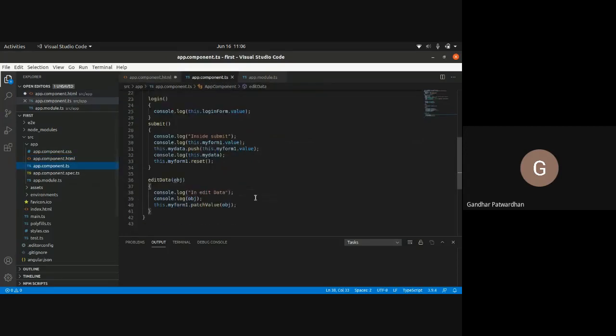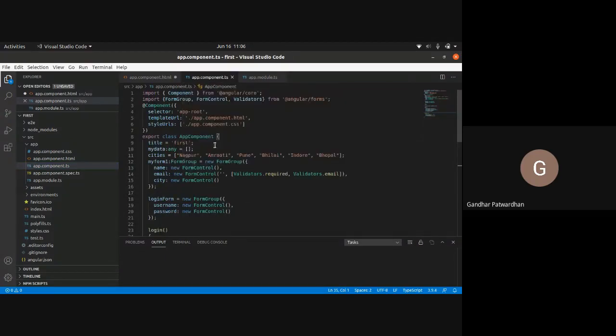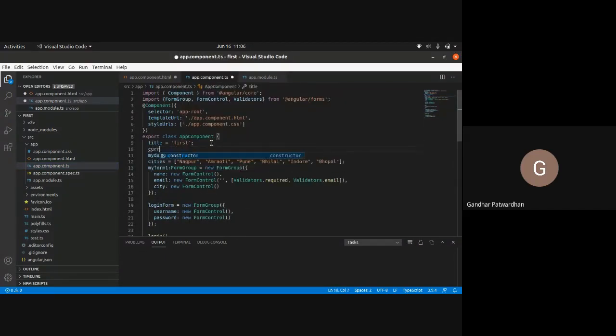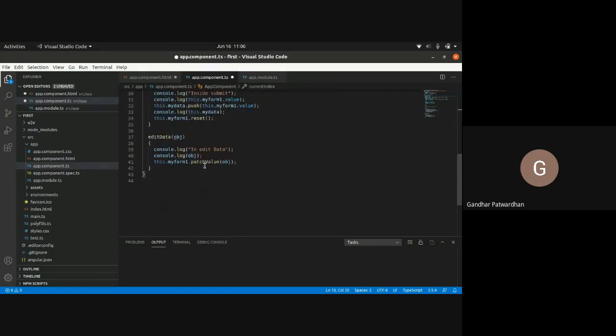In our TS file, I'll use some data member. I'll call it current index, and I'll say current index equals 0, right? Then here, I would say this dot current index equals i.